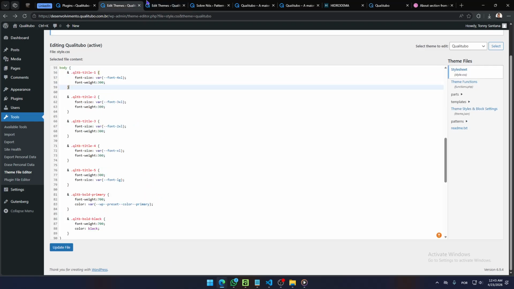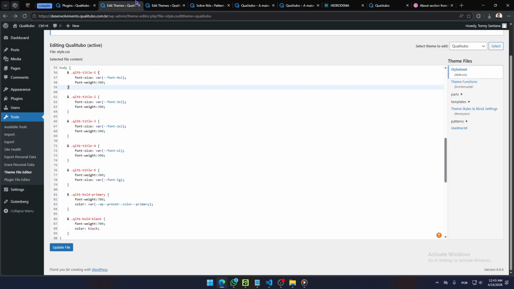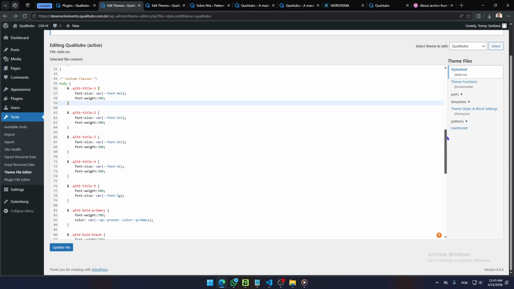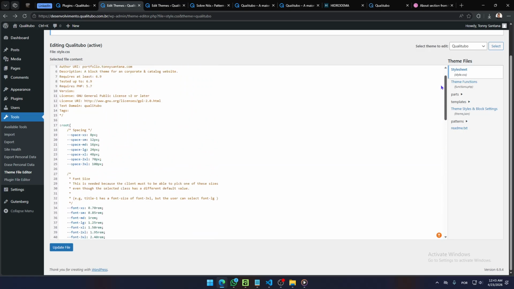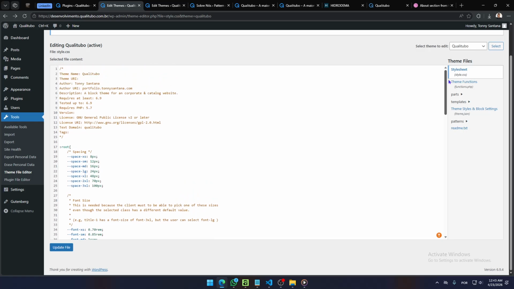Hello, I'm going to show you how you can work with Gutenberg in a way that you'll be able to create a responsive layout using pixels, not using clamp, and following the layout from Figma. And if you are a web developer, if you have worked before with Elementor or Bricks Builder, we are learning Gutenberg right now, but if you worked before with Bricks Builder, you need to understand that Gutenberg